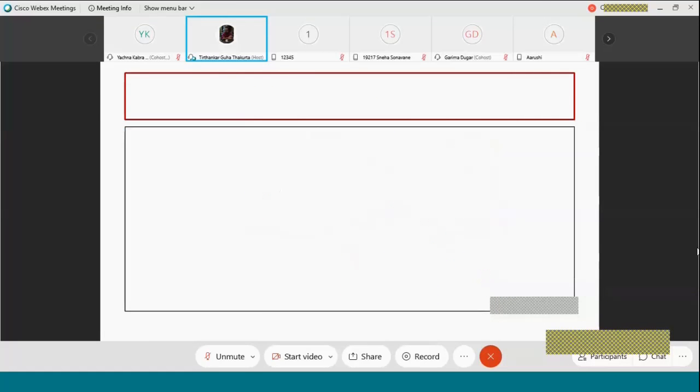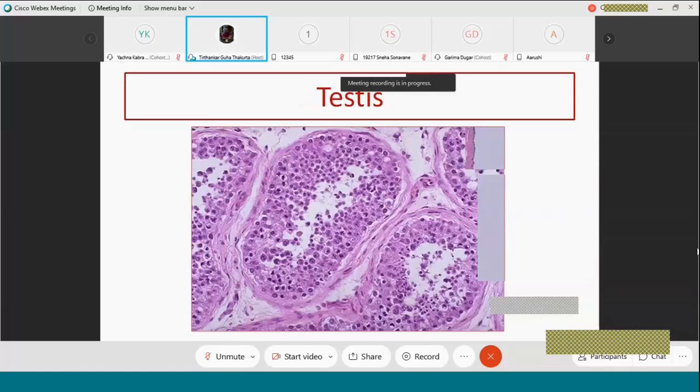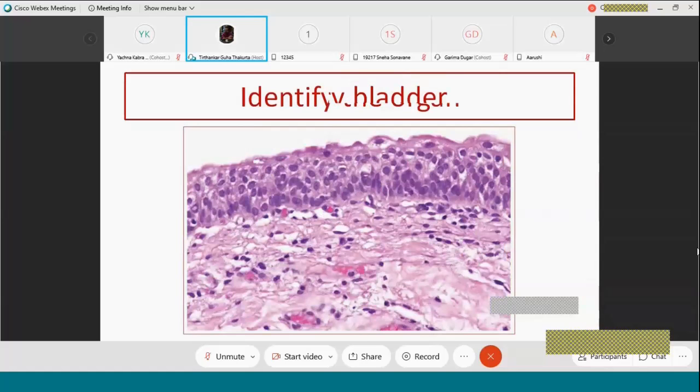Now comes the most important question before we start the next part. How do you remember all this? What is the way of remembering how to diagnose a slide in 30 seconds or 1 minute? Now, I'll be very honest with you. There are innumerable tissues in the body. So the first thing that you must do, whether you are in the first year or in the second year, to learn to diagnose in 30 seconds, you must first know what are the topics that are there in your